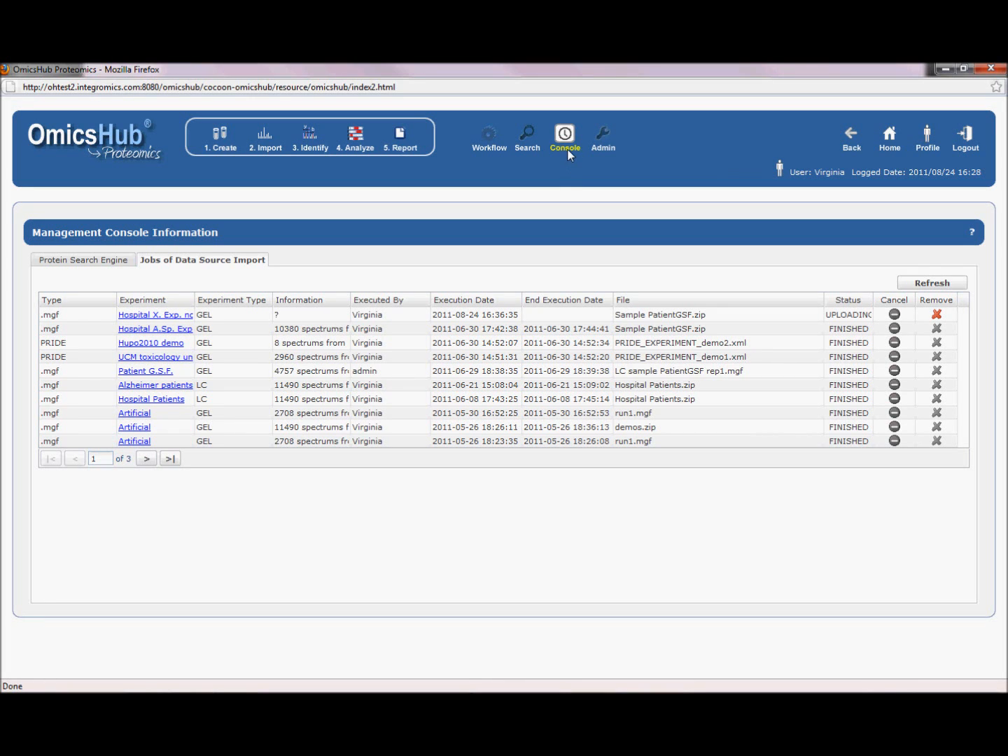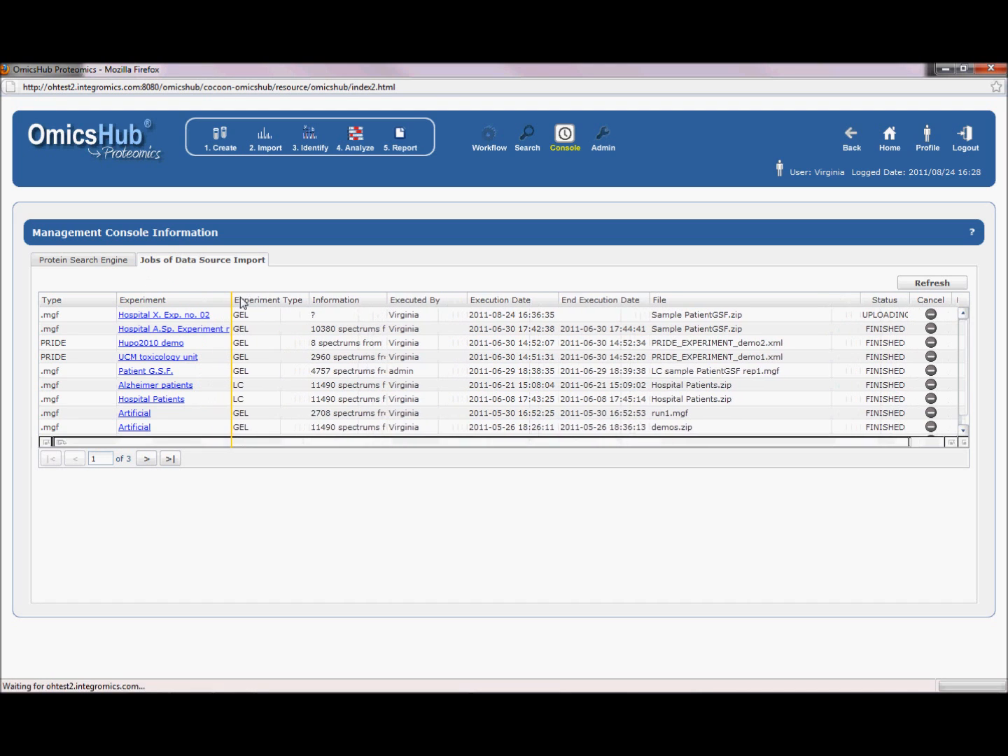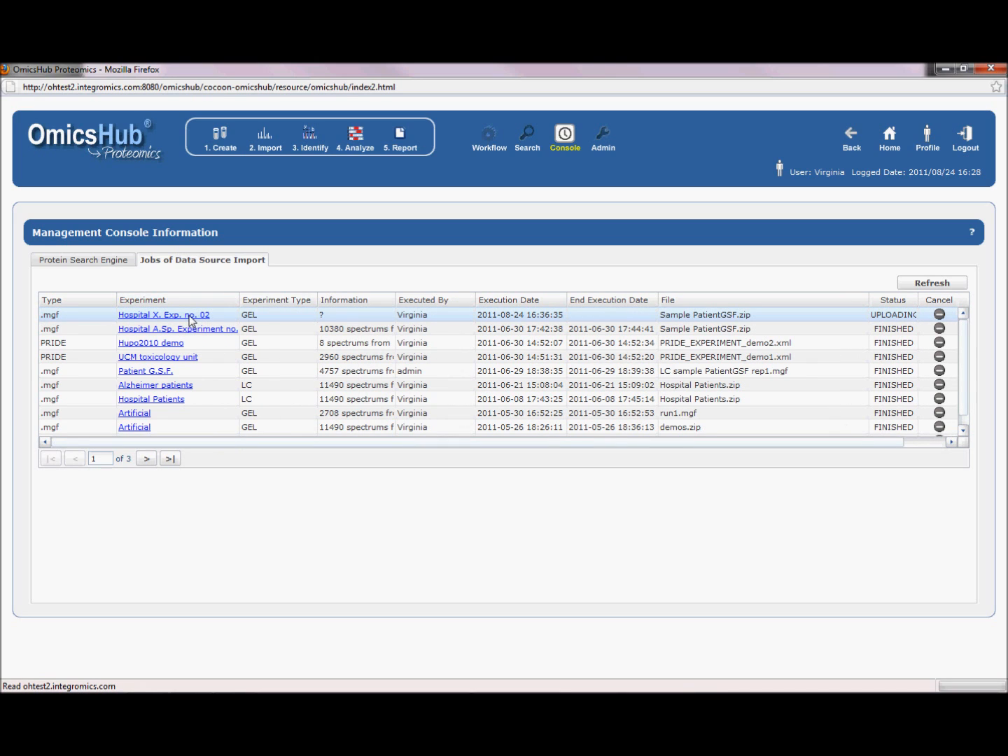In the console we can check the status of our jobs, I mean, the jobs regarding the import process, or when we are sending some information to our search engines. I will go back to that tab later on. Good. So in here we have the experiment we just created, and we are trying to import the data for